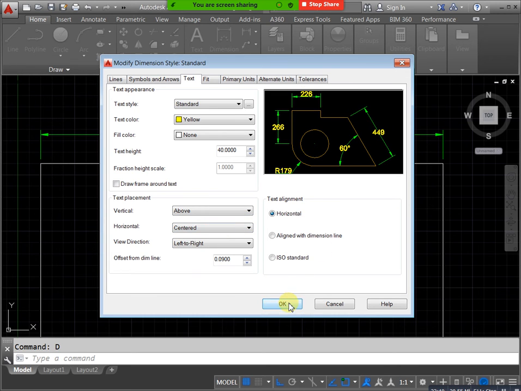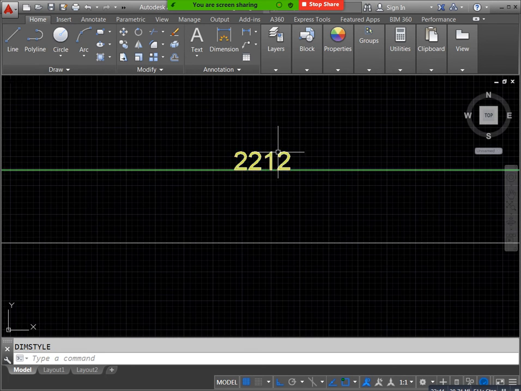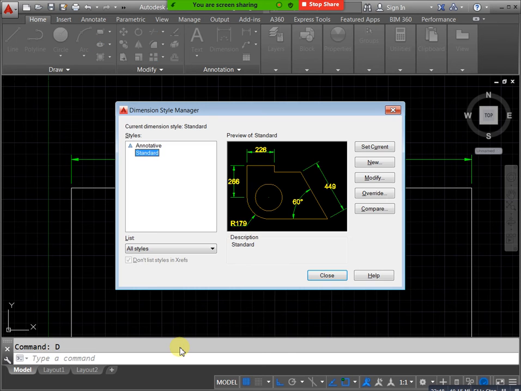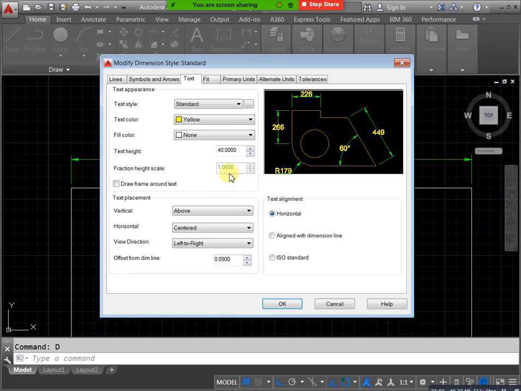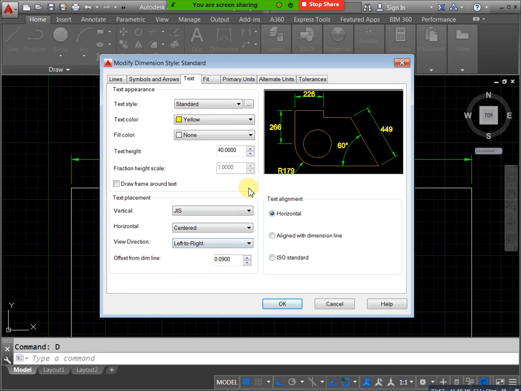If you need extra requirements here, you can mention above. If you need ISO standard, you can mention this one. If you need outside, you will get outside. With some changes, if you need below, you will get below. If you need aligned with the dimension, you can click on this one.